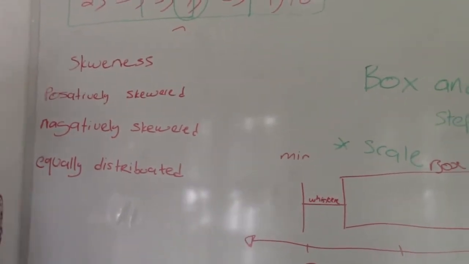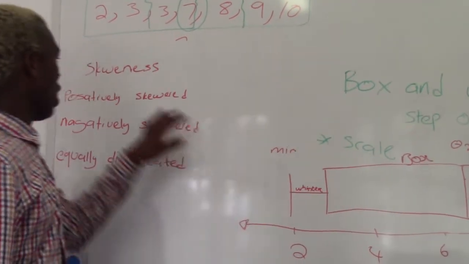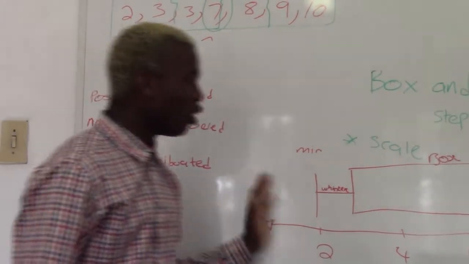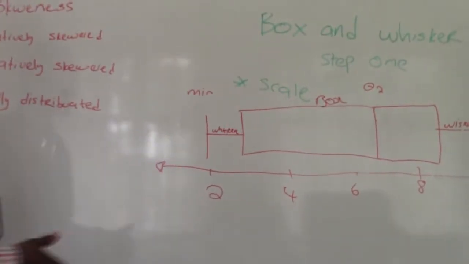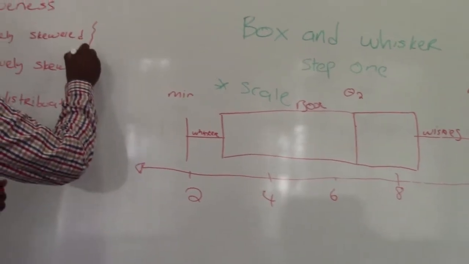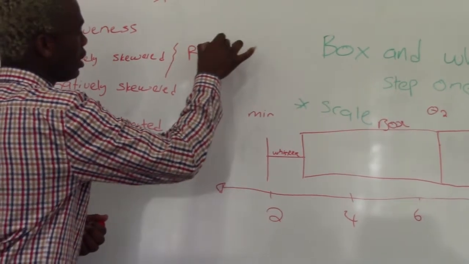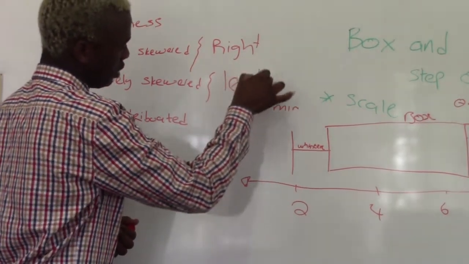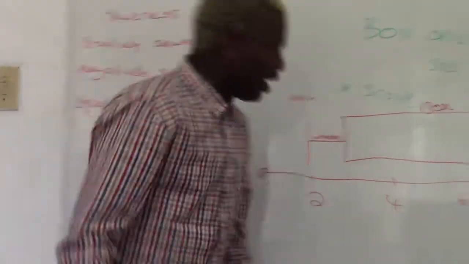So now, how do we determine if our box and whisker is positively skewed, negatively skewed, or equally distributed? First of all, you check the diagram. Some other textbooks may not say positively skewed, they may say skewed towards the right, or skewed towards the left. So, as you can see,